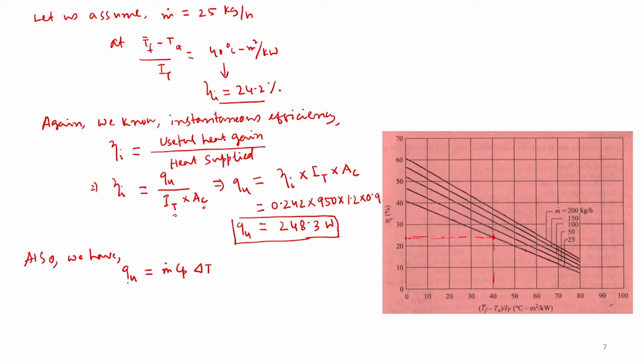So, this is nothing but useful heat gain, which can be represented in terms of mass flow rate, specific heat and temperature difference. From this what we can calculate is the mass flow rate, which will be equal to QU by Cp multiplied by dT. If we substitute these values of QU, Cp and delta T, then we can find out what m dot is. QU we have already calculated, which is equal to